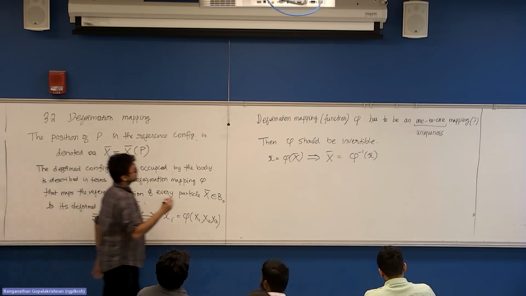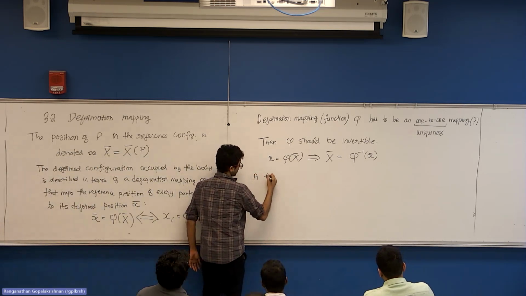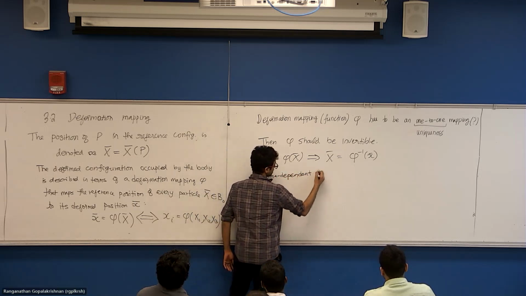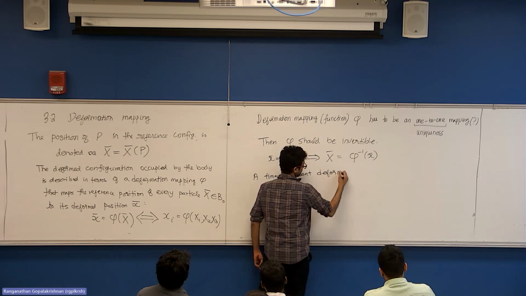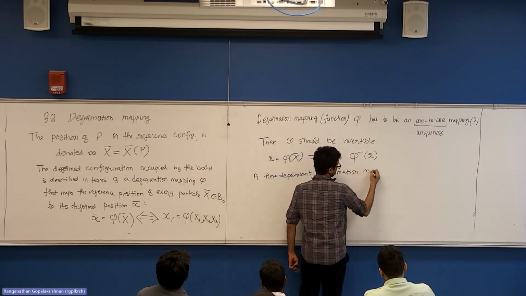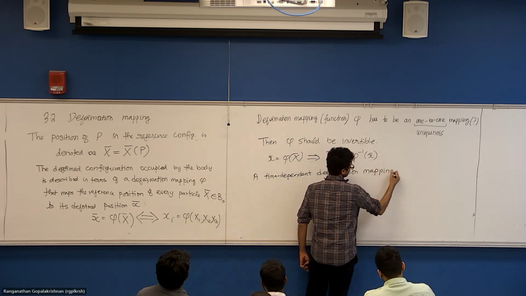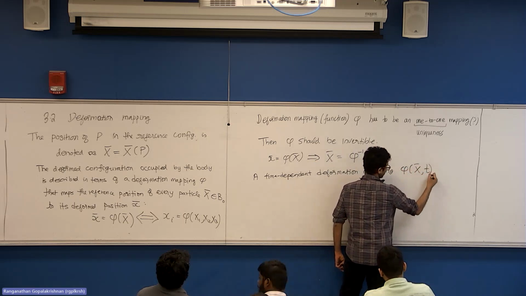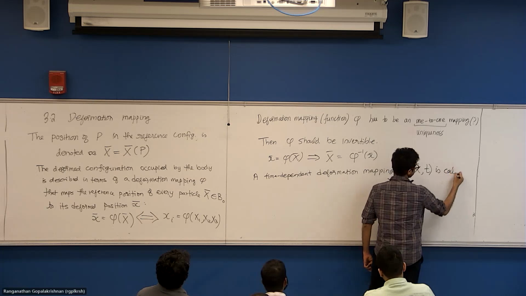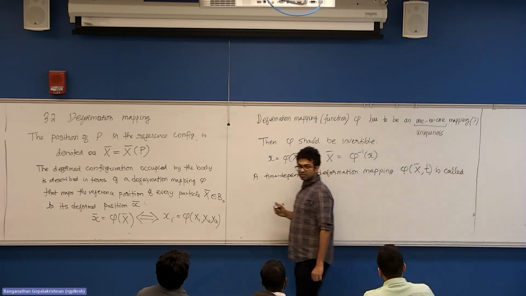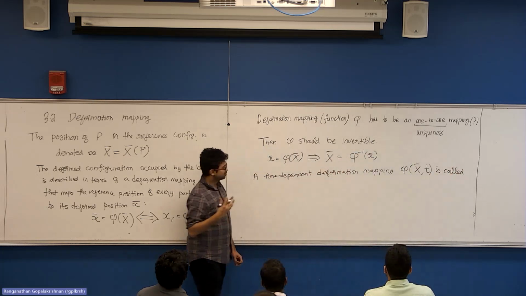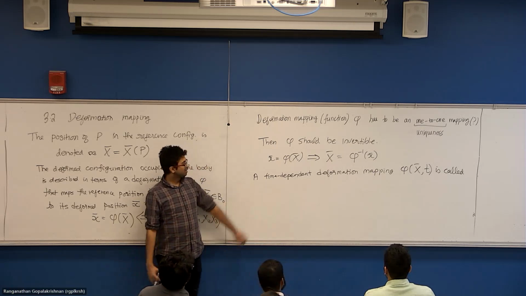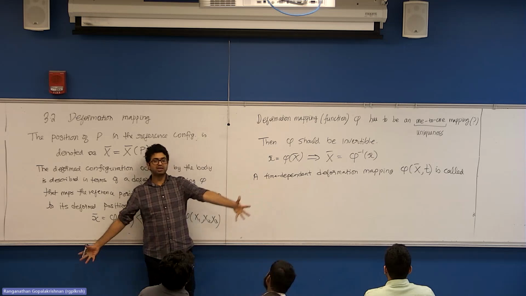A time dependent deformation mapping, that is phi, which depends on uppercase X as well as time, is called, anybody? It's a very common thing that we know. It's just giving a very funky definition. A time dependent deformation mapping is nothing but